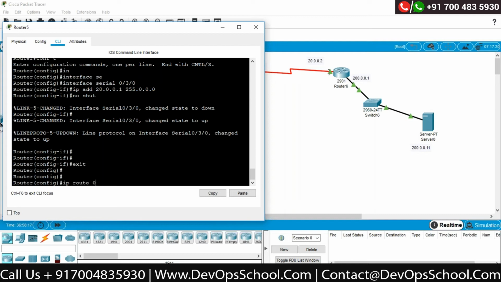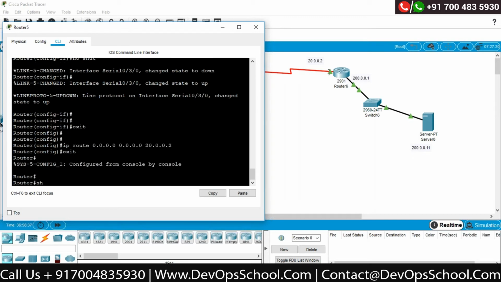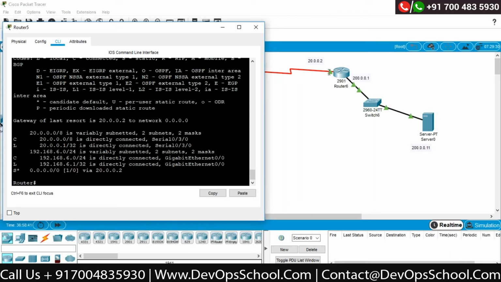Okay. Do I know the IP address of the destination network ID? No. Do I know the subnet mask? No. Do I know the ISP address? Yes. That is the only address I know. Correct. Press enter. Correct. Now, if you look at the IP tables, show IP route, you will see there is